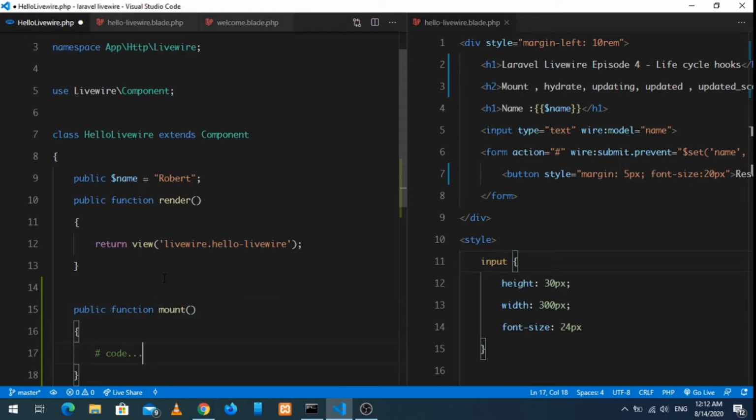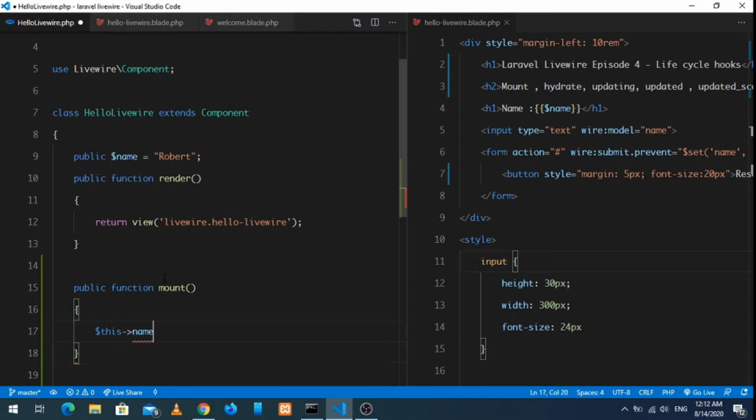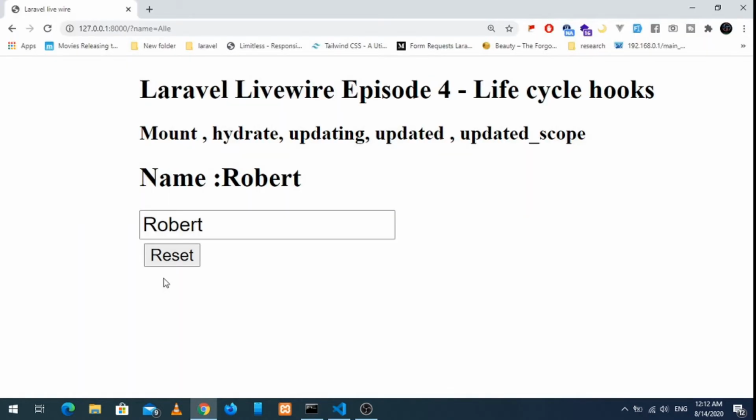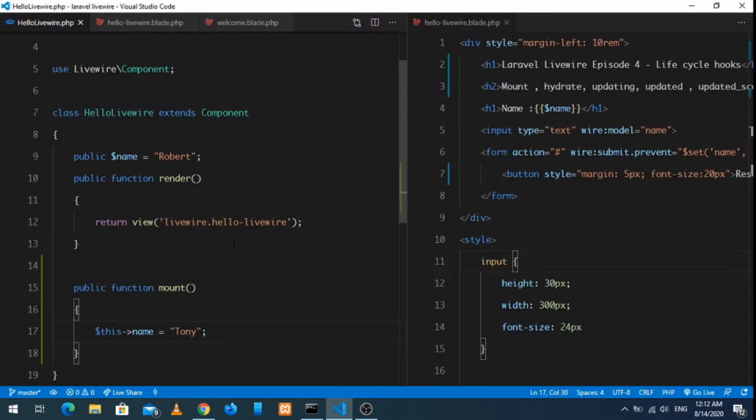Let's keep it simple for now, and let's say $this->name equal to Tony. Let's reload. We can see here is Tony, and that is the default or initial name from robot is changed